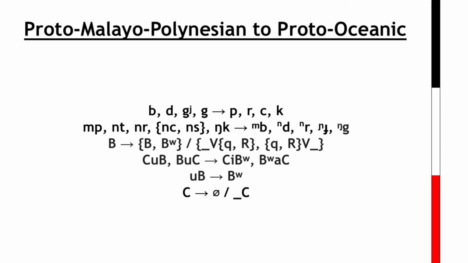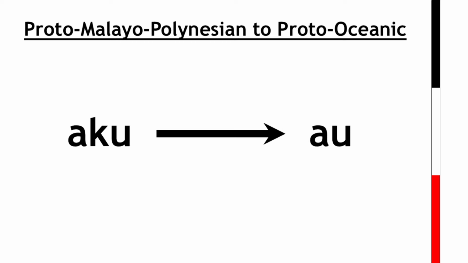The conditions surrounding this are complex, with many forms arising from contact with the Papuan languages, and yet more to avoid confusion between similar sounding words. They also arose somewhat unpredictably. The changes on screen indicate likely environments for change, but several exceptions exist, and potential loanwords and later changes muddy the waters a little. One notable irregular change at this stage is of the first-person singular pronoun aku, which loses